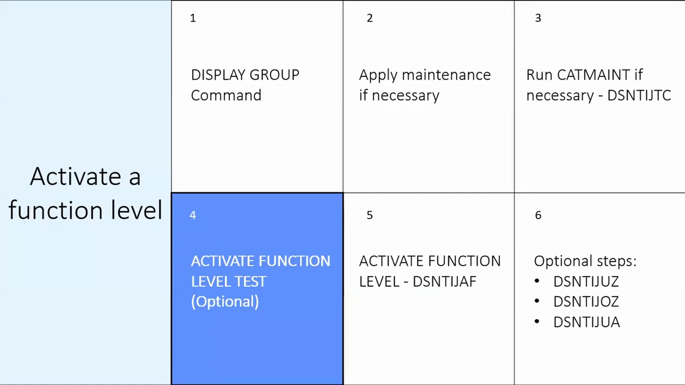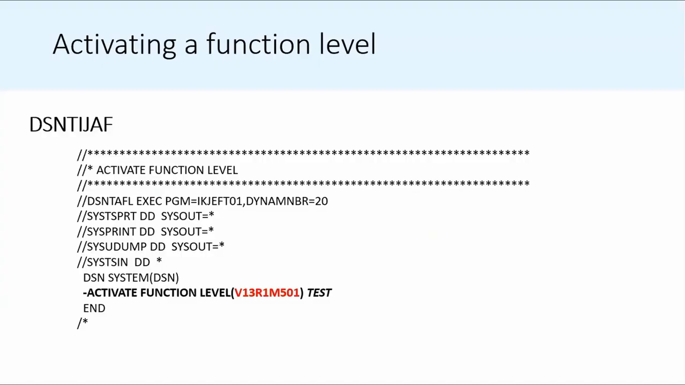So if we go to the next slide, we can see what this job looks like. We are looking at DSNTIJAF. This is for activating a function level, but if you look at the command that's listed here, we have ACTIVATE FUNCTION LEVEL V13R1M501, and then we have this keyword TEST here in the same line for this command. And this will again give us this output that lets us know whether the group is ready for that specified level